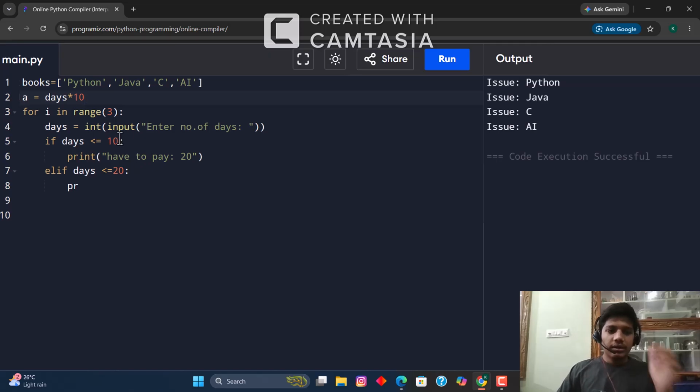See here, for 10 days, you have to charge only 20 rupees. There is no fine. But when you reach after the 10 days and did not submit the book again to the library, so here you have to